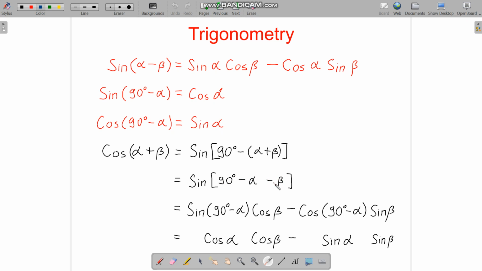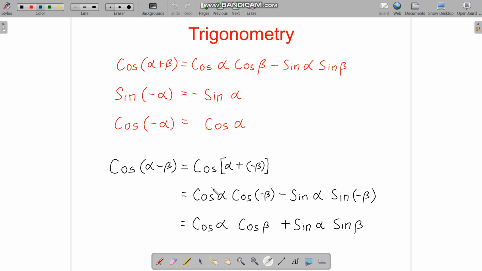now the 90 minus alpha here is like one angle and the minus beta is another angle, so we are using this formula, but the alpha is 90 minus alpha, so we have sine cos minus cosine sine, but the alpha is 90 minus alpha. Sine 90 minus alpha is cos, cos 90 minus alpha is sine. We have proven the third formula,